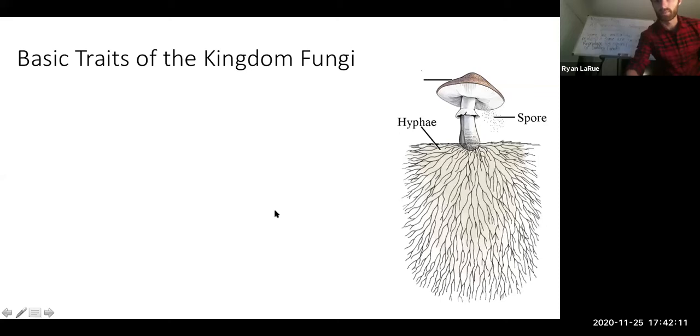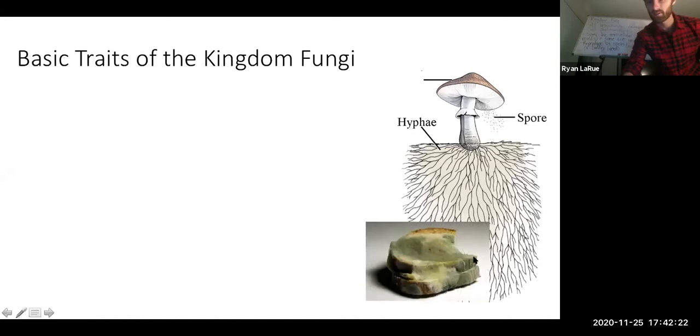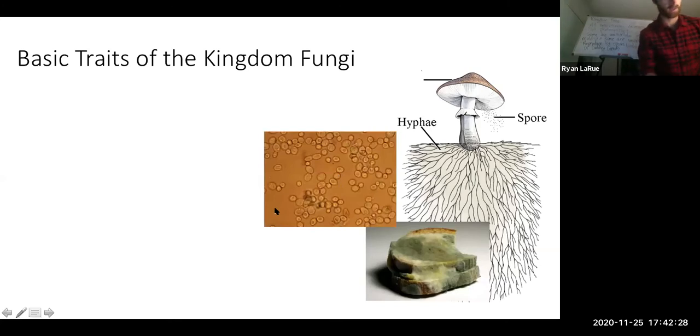Here's our mushroom, and it's releasing spores, right? I just read that they can release up to 1 billion spores every mushroom, so it's pretty crazy. Here's our mold, yum. Here's our yeast cells, and if I show you, you can see my mouse cursor. They're not all the same size, right? They're actually actively dividing, and they're budding off. They're doing asexual budding, where essentially it looks like this.